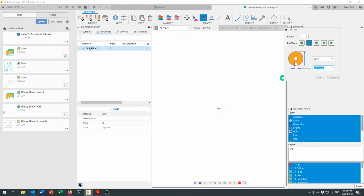I like to have that somewhere in the neighborhood of about 30 thou. That's a little bit small right there. And you can see that the annular ring is looking a bit small. We'd like to bring that up. See if we can make that a little bit bigger, if we can give students a bit more meat, then they're going to have an easier time soldering that into their board. And most of the film capacitors that I have, they've got about 300 thou in spacing